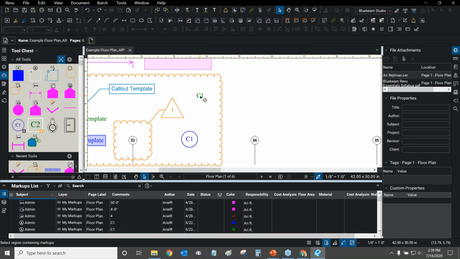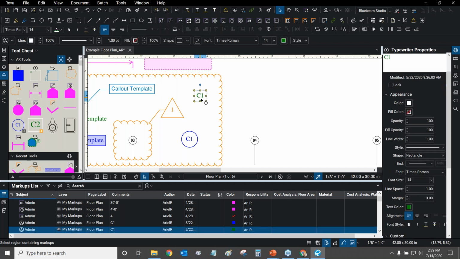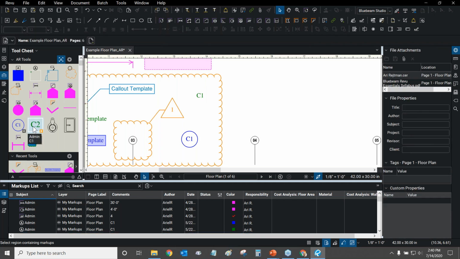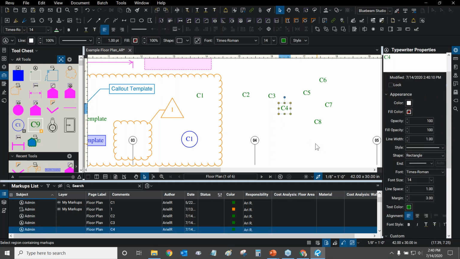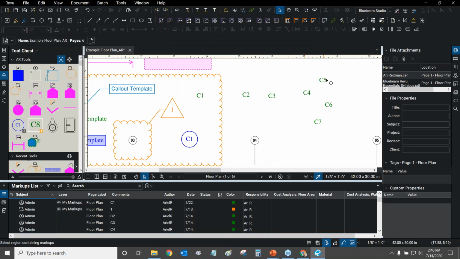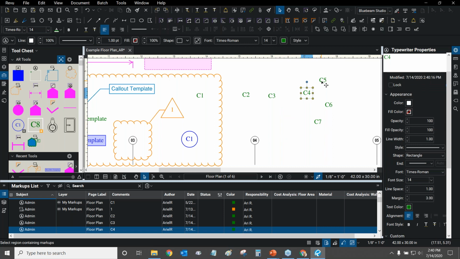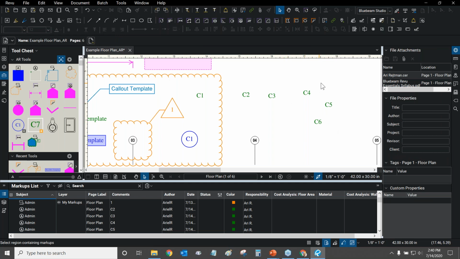So now I've already placed C1 onto the sheet, and you can see that C2 is ready to go. So if I click on C2, now I can simply place it, and look at that. Because I have my reuse tools button on, I can just continue to make sequences constantly, over and over again. Now, what if I delete C4? And there it is. Now all of these have changed. And if I delete C5, that means 6 and 7 have become 6 and 5. Amazing. Really, really cool stuff.